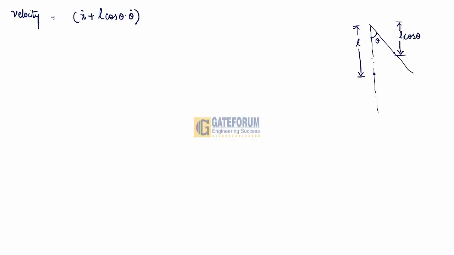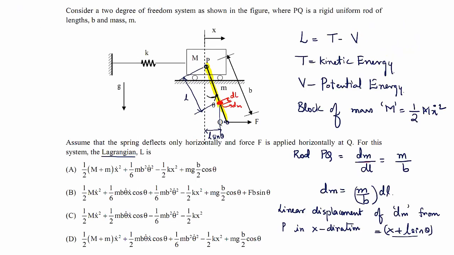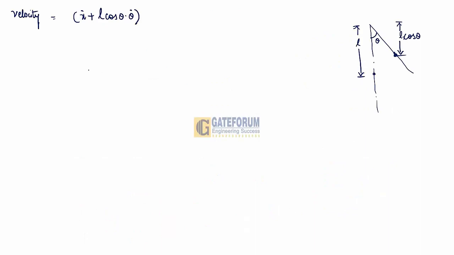So for the displacement in the y direction, on that mass there is a rod, and that rod is also undergoing some additional angular displacement. Initially I have to assume that the rod was along the straight line, and now it has displaced to this theta position because of the x displacement. Previously it was straight, so in the y direction the displacement will be L minus L cos theta.